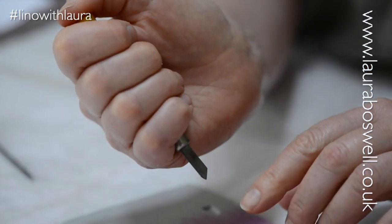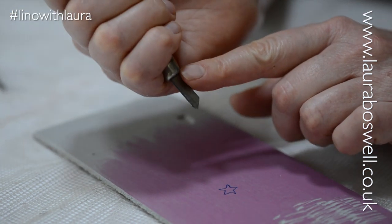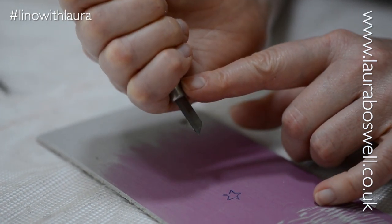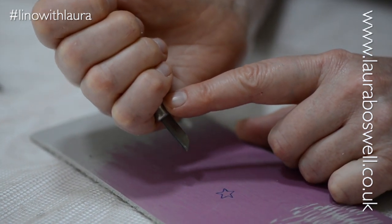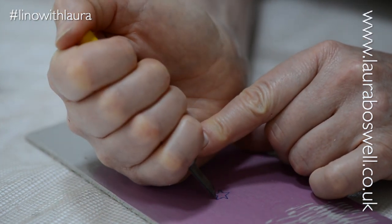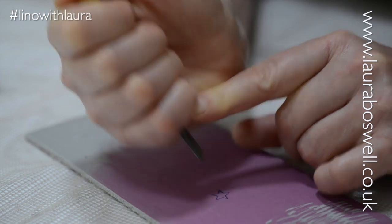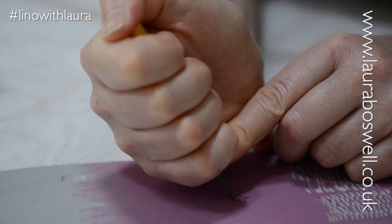So it's the tip of the blade that you're using, and what I do is I use both hands when I'm using a hangito. I use the forefinger of my left hand and just rest it on the back of the blade to stabilise it, and I use my knuckles more or less to hold down the lino when I'm working with it. So I've got this little star here, and I'm just going to use the knife to cut that out. So tip of the knife, and you pull towards you to make the cut. So I'm going to do a cut towards me, and